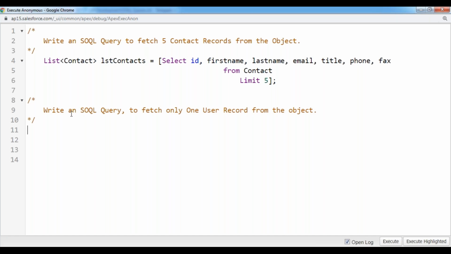Now tell me, how can we write this code now? Do we need to use a list collection? No, simply user. I'm indicating that user record or some active user